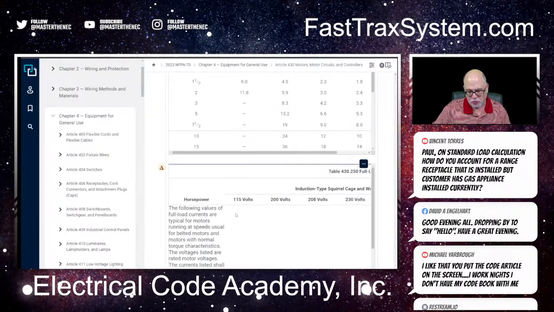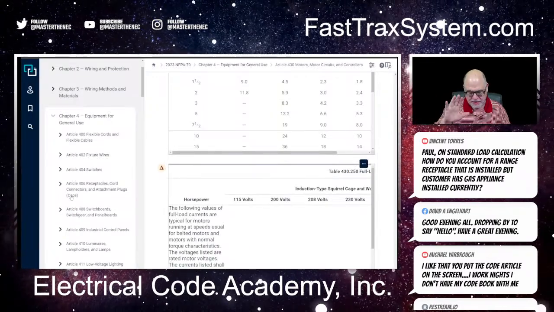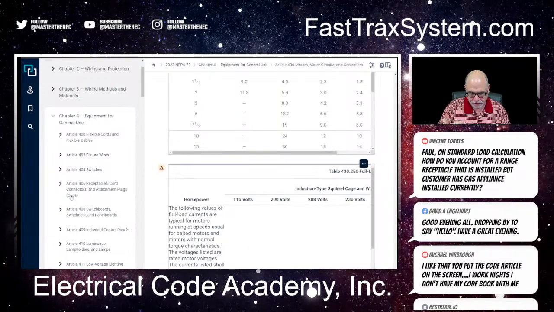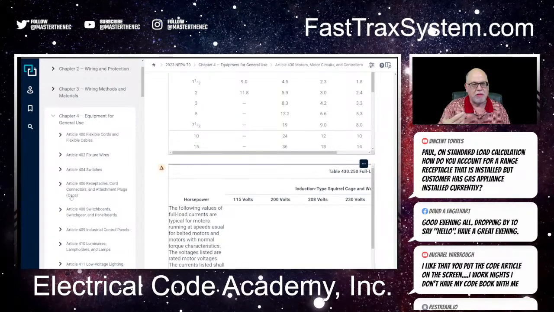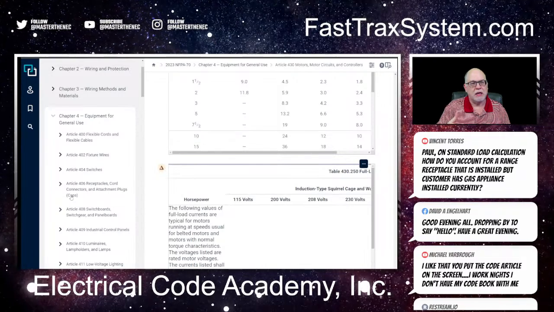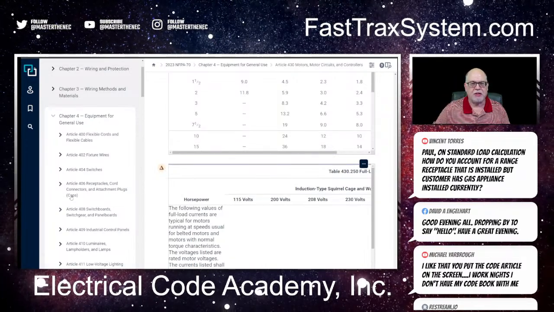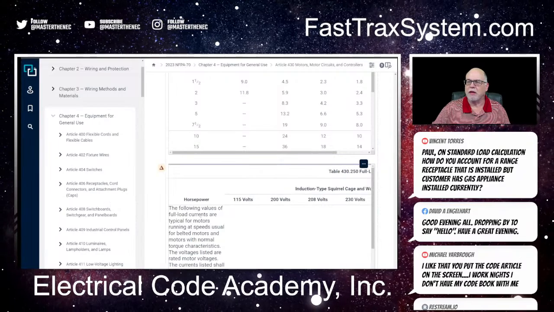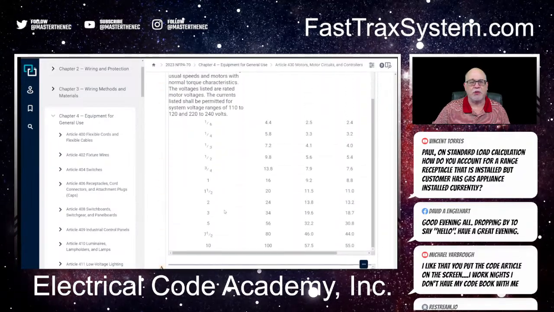All right. So the next question, somebody says, well, what do I use to size the short circuit ground fault protection for a branch circuit that's running out to a single motor? Okay. Well, in that one, you're going to be looking at, and again, if you're writing all these down,